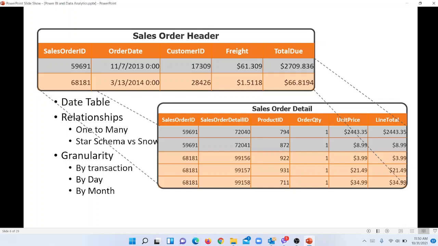So when we are creating our analytics, or when we are creating the relationships, we have to make sure that the granularity is the same between the fact tables so that the analysis is done properly. The granularity can be by day, by month, by year, or by category, or by the product level. So it could have different granularities, and we have to remember that we must have the same granularity when we are comparing the data. So that's about the Power BI table structure, and also